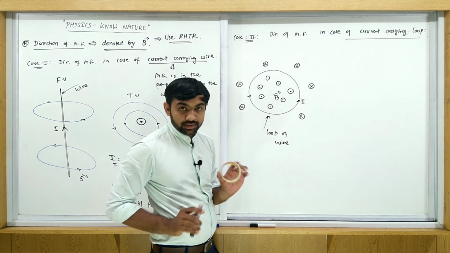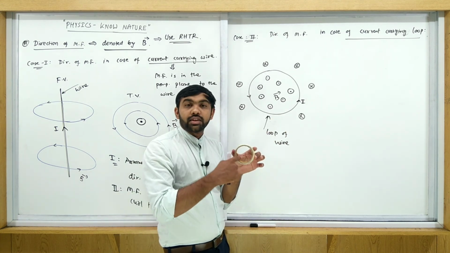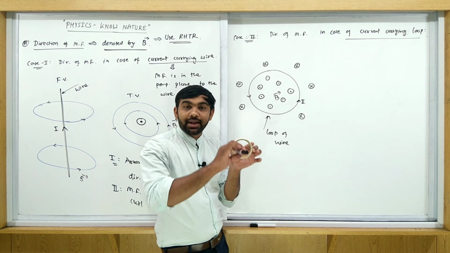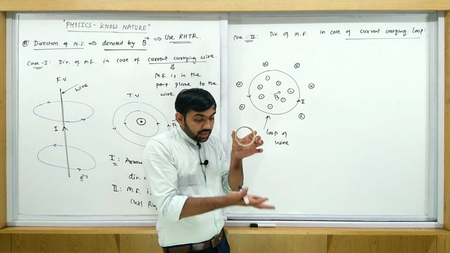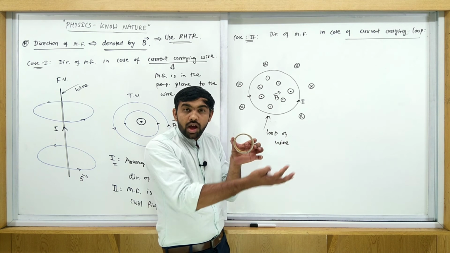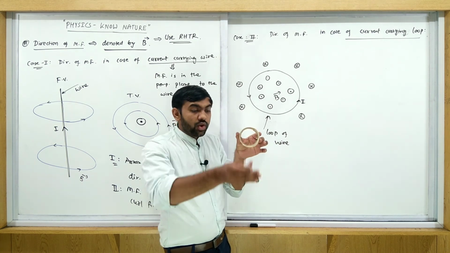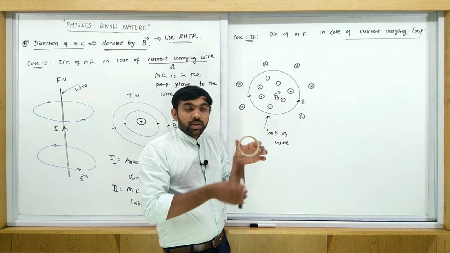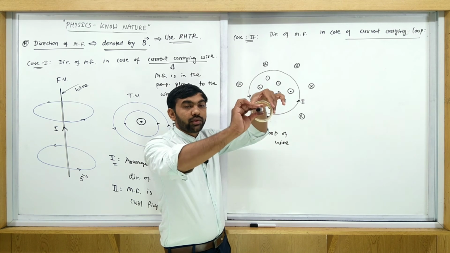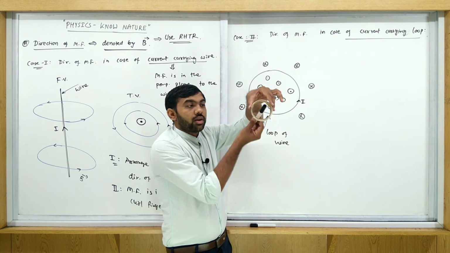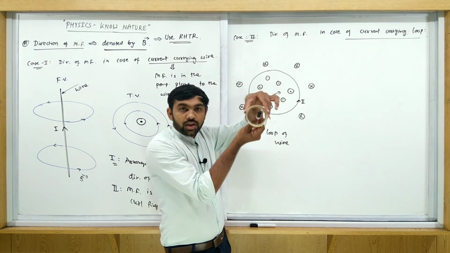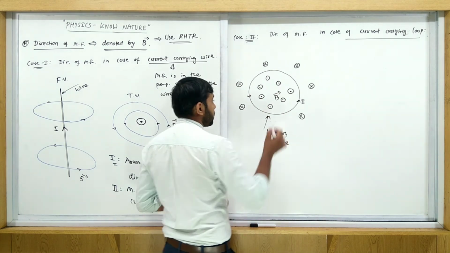There are two cases. If you consider the inside area of a loop, then the magnetic field is coming out. If you consider the outside area of the loop, the surrounding of the loop, then it's going into. There are both possibilities. So in this type of situation, the magnetic field is coming out, going into, and coming out. Do you understand? So like this, you have to write here.